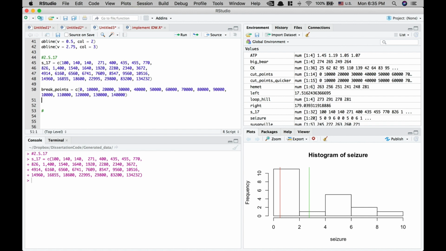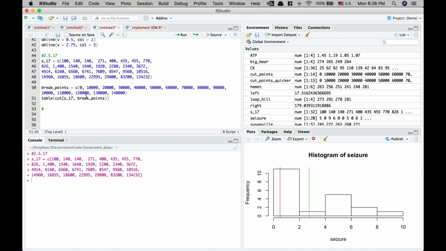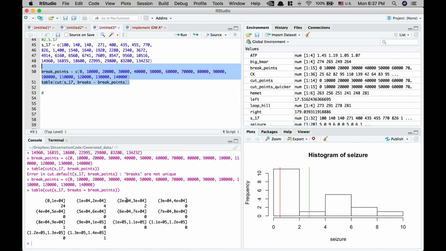So the next step is to use that cut function to cut our S17 data based on the breakpoints that we have just defined. And of course, we want to put it in a table so that we can have a nice representation of all the breaking points, or the frequency distribution, so to speak. Now let's run these two lines. We get this